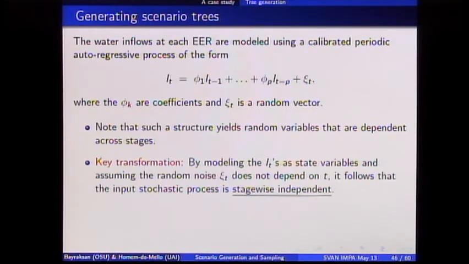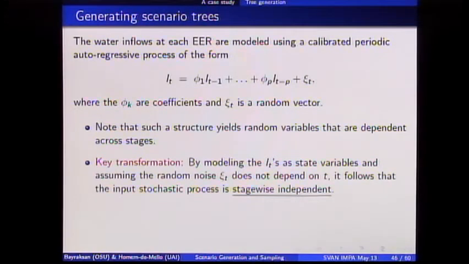How? Well, imagine now that instead of treating I_t as my random variable, I make it a state variable. And I do this, so now my uncertainty is really, truly just the noise. So if I do that, I have to add this equation to my model, because now I'm making these state variables. But the advantage is that the uncertainty is just the random noise. So if it's just the random noise, it's not too bad to assume that they are stage-wise independent. So that's a key step that is done,